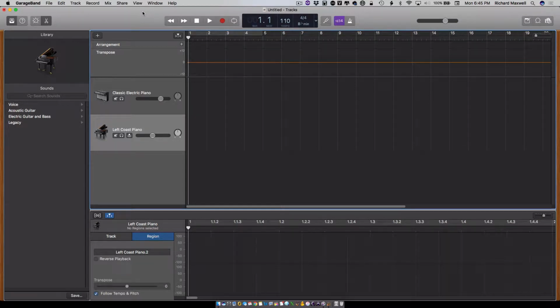So loops are certainly a popular feature in programs like GarageBand and many other DAWs. But the problem with loops is that they tend to either be very static or feel somewhat limited in terms of what musical information they initially give you. So this project is basically to show you a way that you can get more musical control over what a